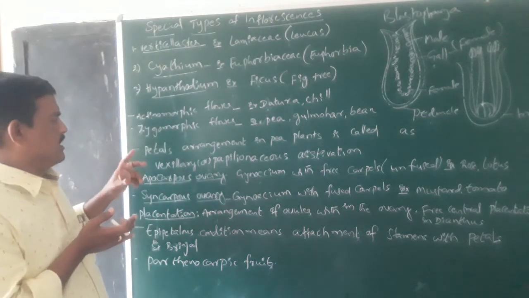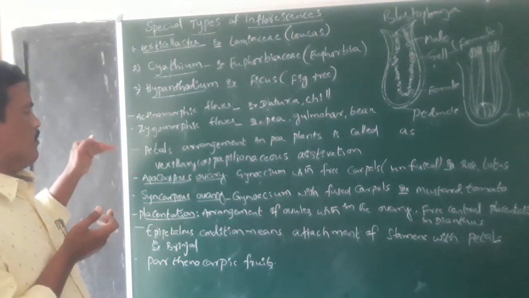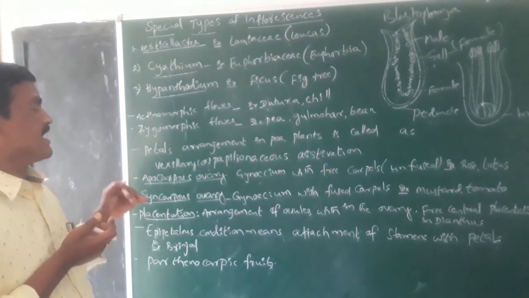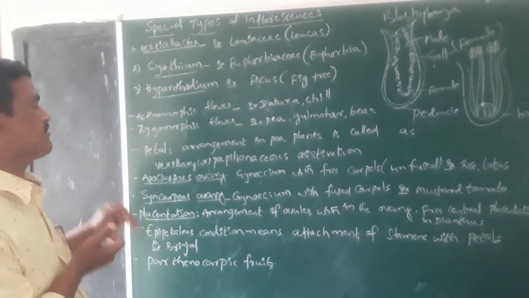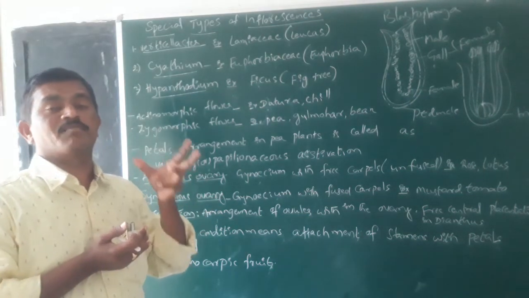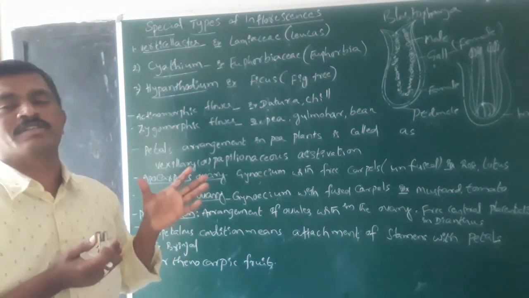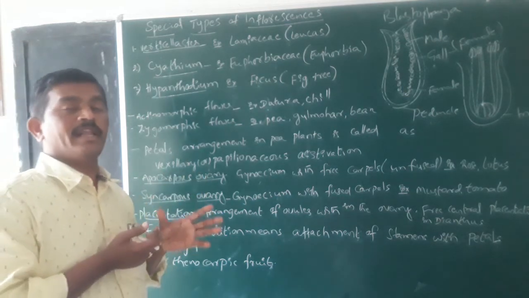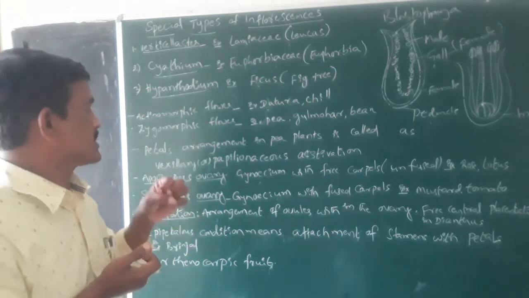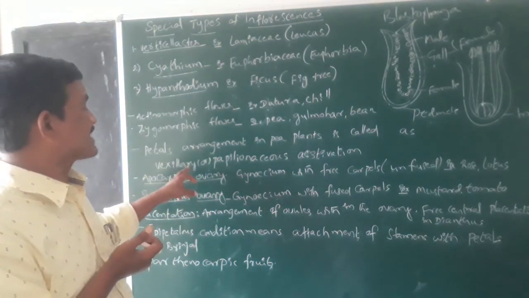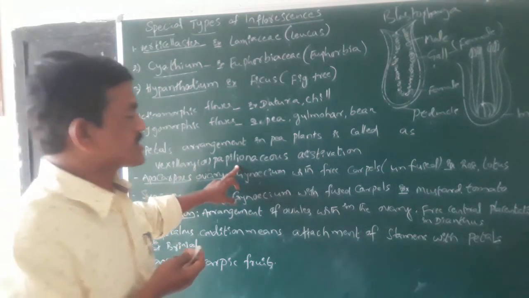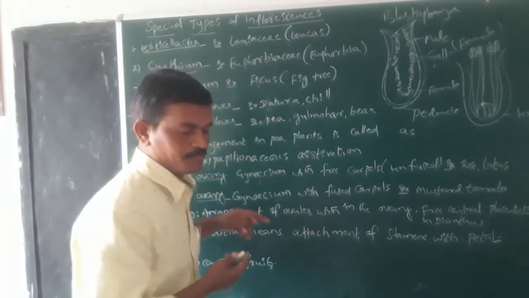Next, another one is the petal arrangement in pea plants, called vexillary or papilionaceous aestivation. The mode of arrangement of sepals or petals is called aestivation. In the case of leguminous or fabaceous members, there is a special kind of aestivation called vexillary or papilionaceous aestivation. In this kind of aestivation,